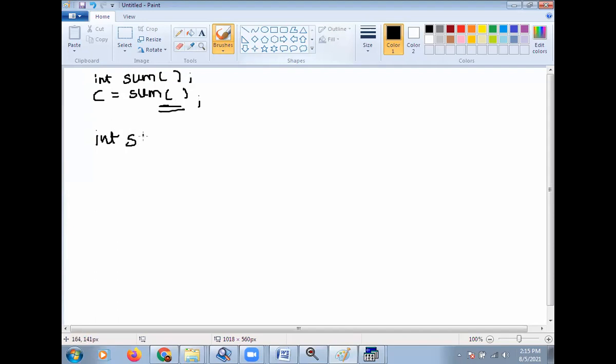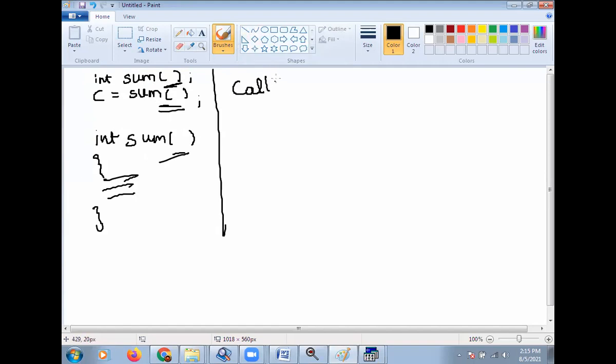Then we wrote the definition of sum, here also with no parentheses. But in call by value, first we will see.